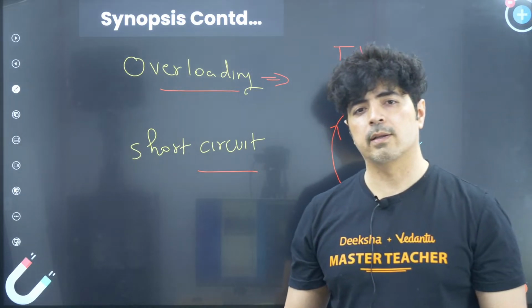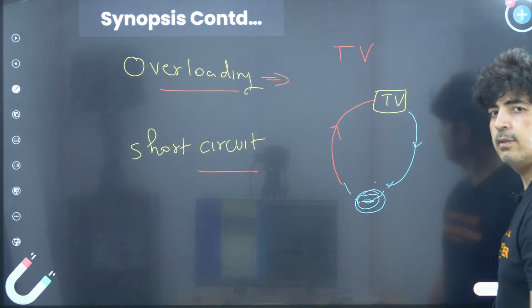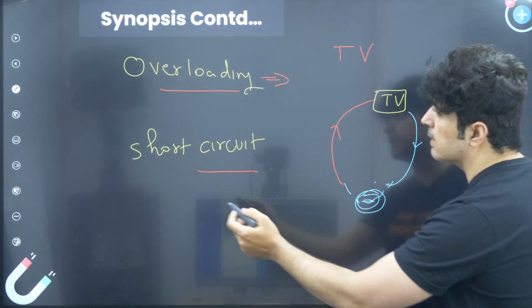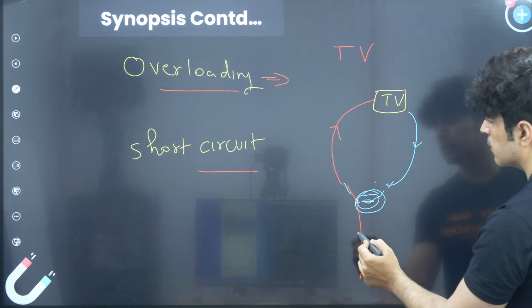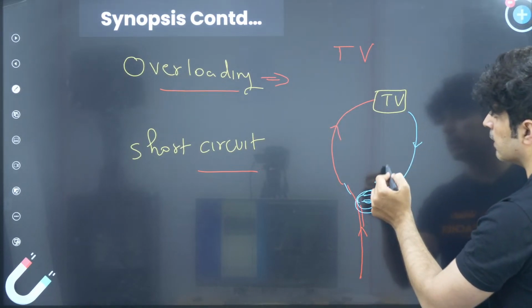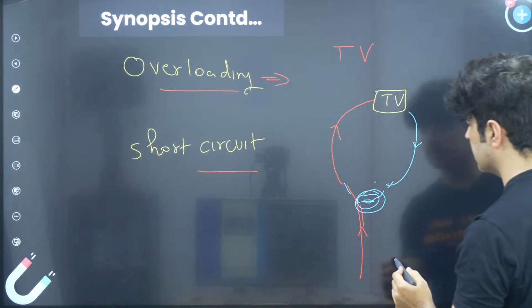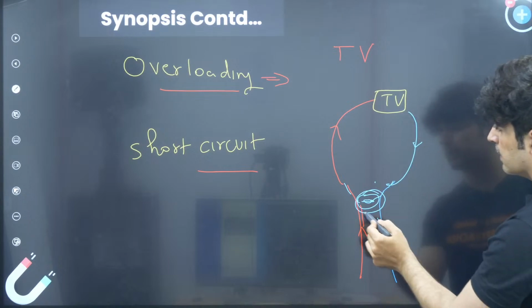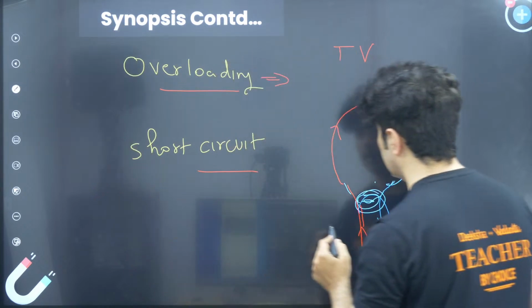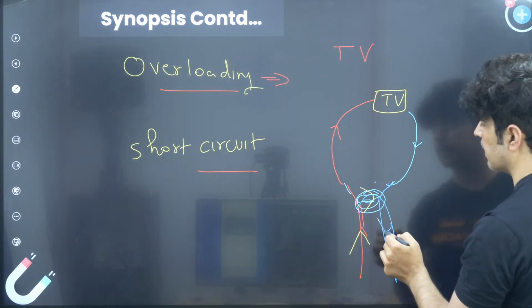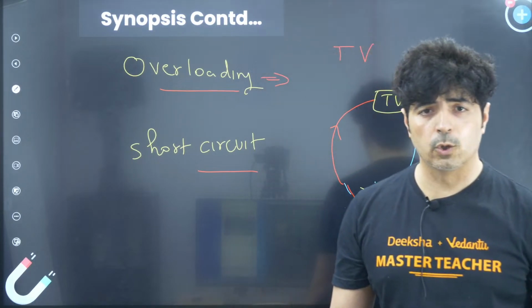Now we have a naked wire. When these two wires touch each other, let's say the current is coming like this. Instead of going to the TV, the current goes in like this and comes out like this. It takes this route. Let me make this clear to you. It goes like this and comes like this, because the current will always go by the lowest resistance possible,